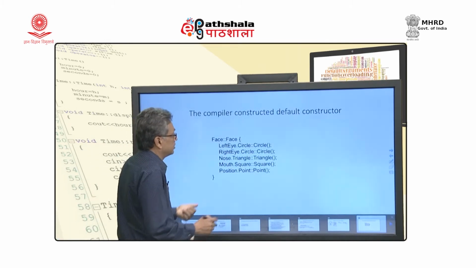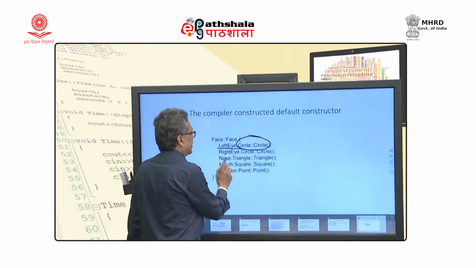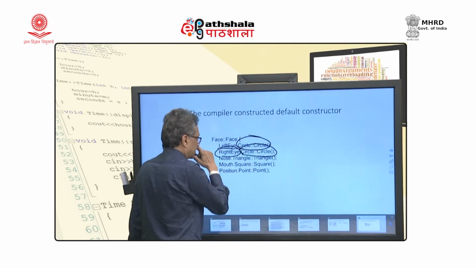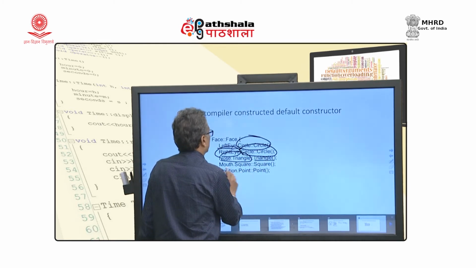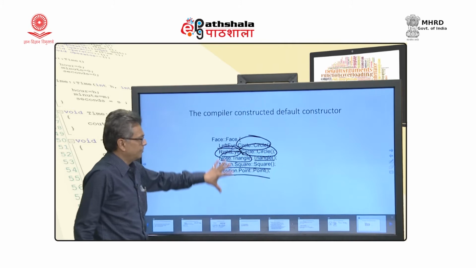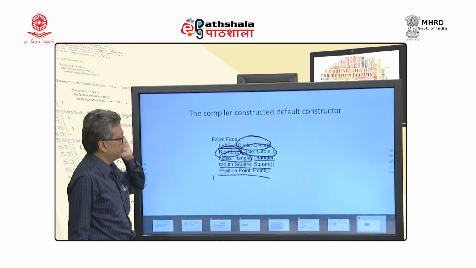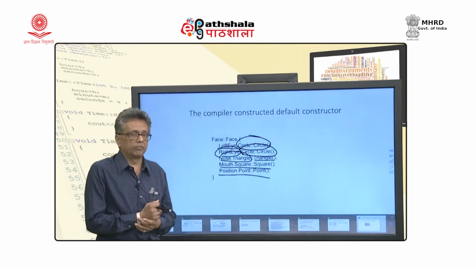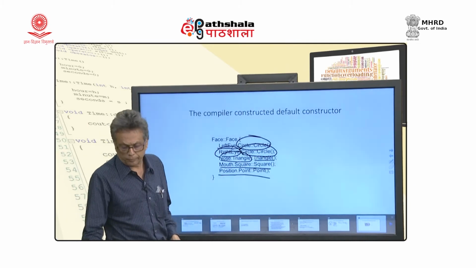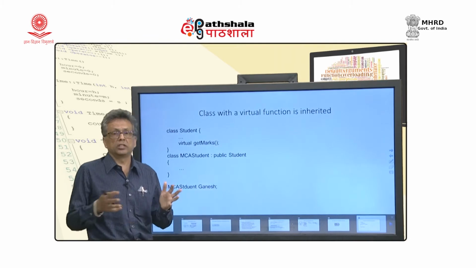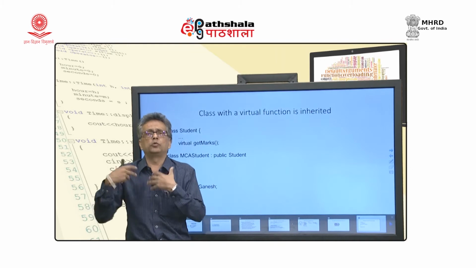So, it will generate this. We said left eye is constructed using the circle constructor, right eye is again using the circle constructor, nose again using rectangle, triangle and so on. In fact, not only default, other constructors may also be needed sometimes, because if you provide a position of the face, these things are to be positioned at those places. So, that might also be needed, but anyway, you can see that whenever a default constructor is provided, the compiler will have to change.